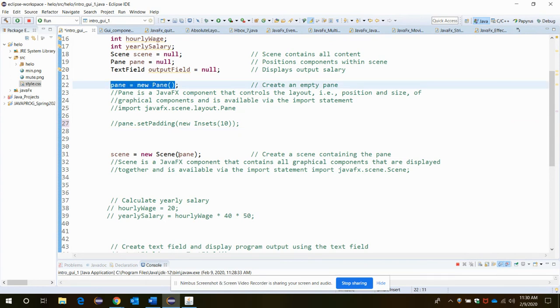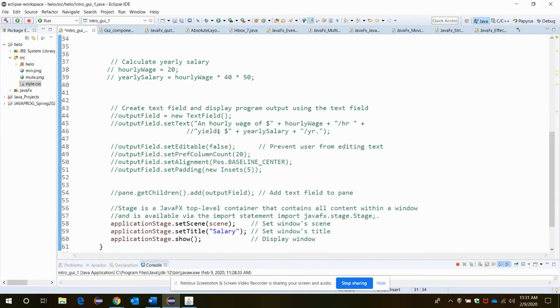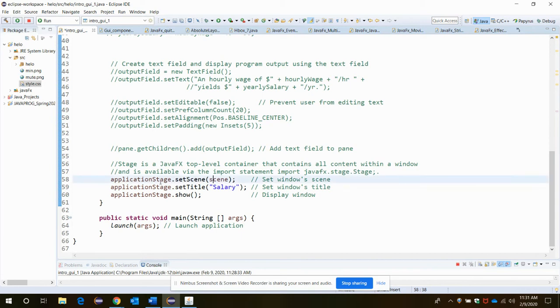Next, we create a scene which contains the pane that we created earlier. Now, the stage is the top-level container. In the stage you have the scene, inside the scene you have the pane, and inside the pane you can add the components